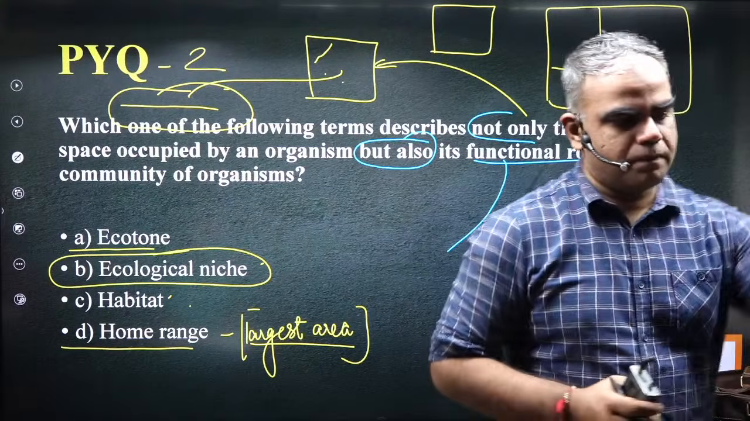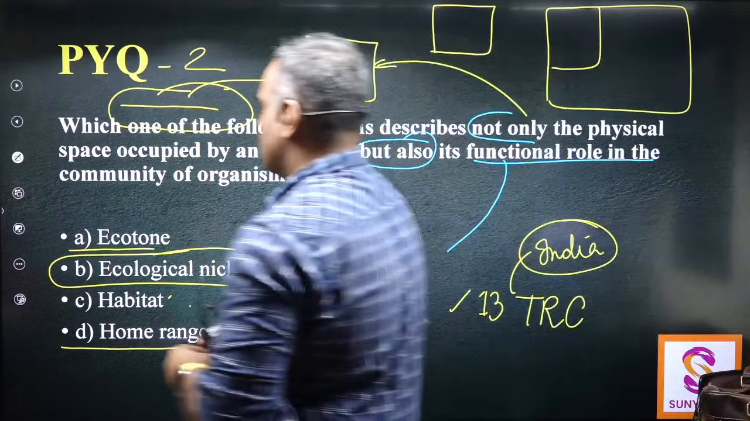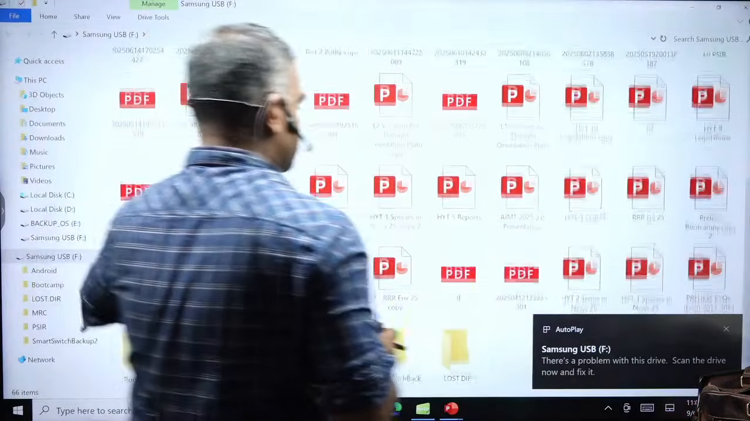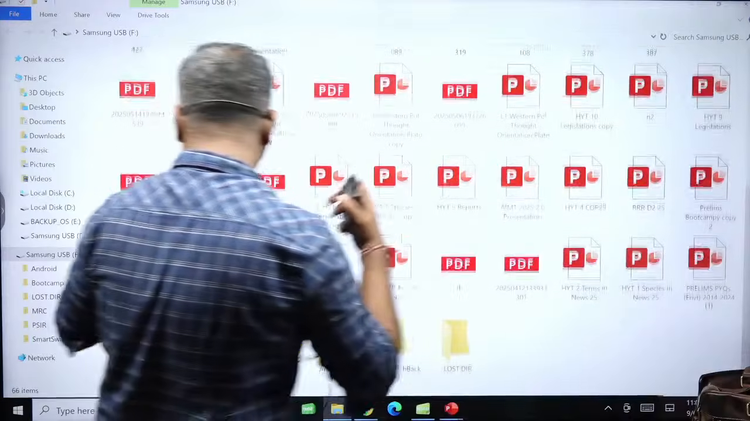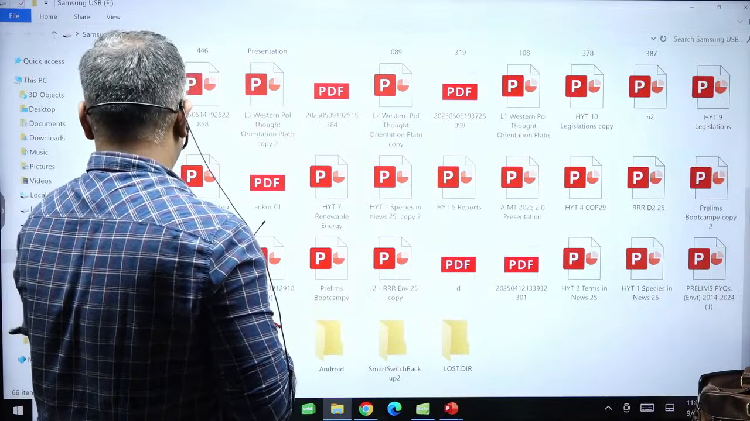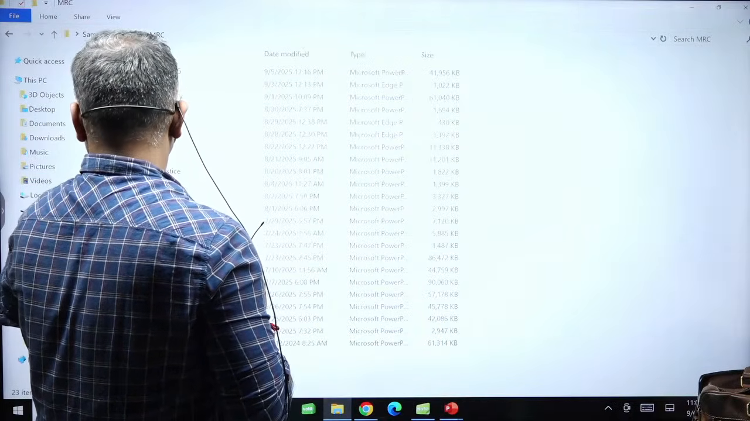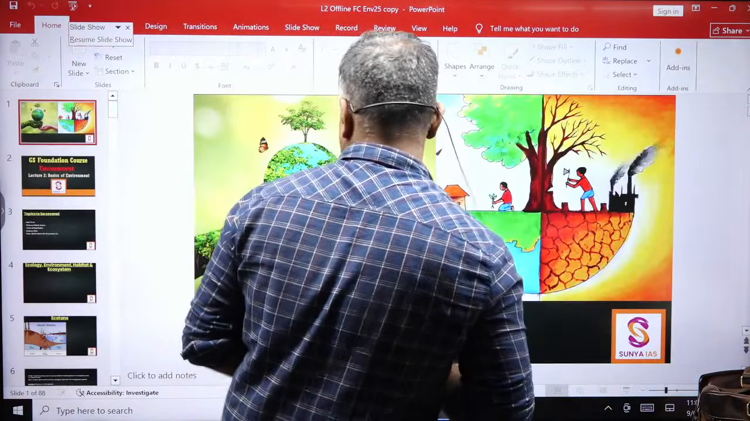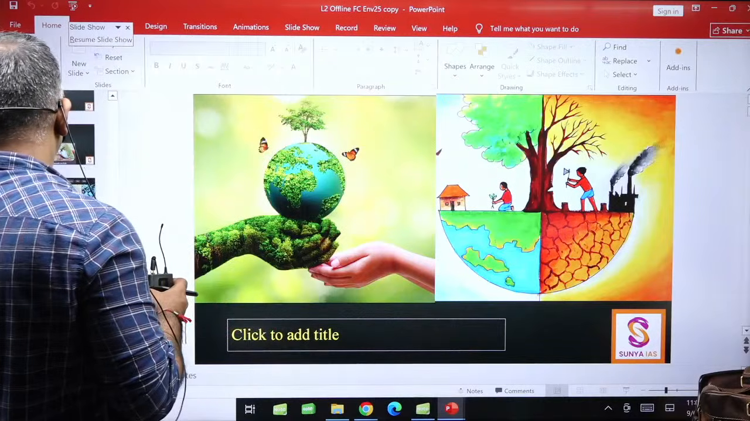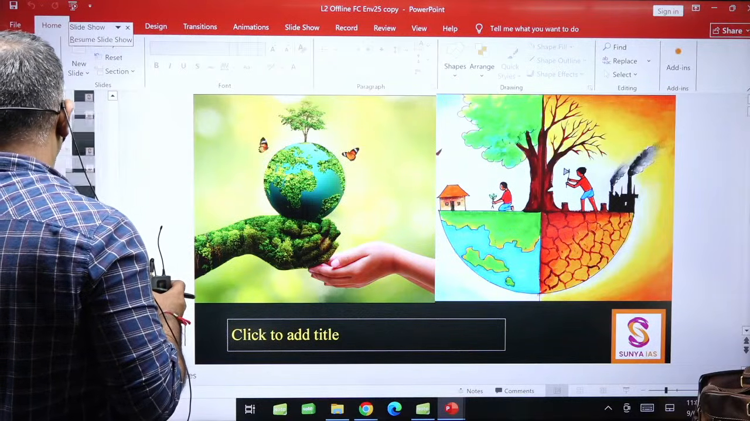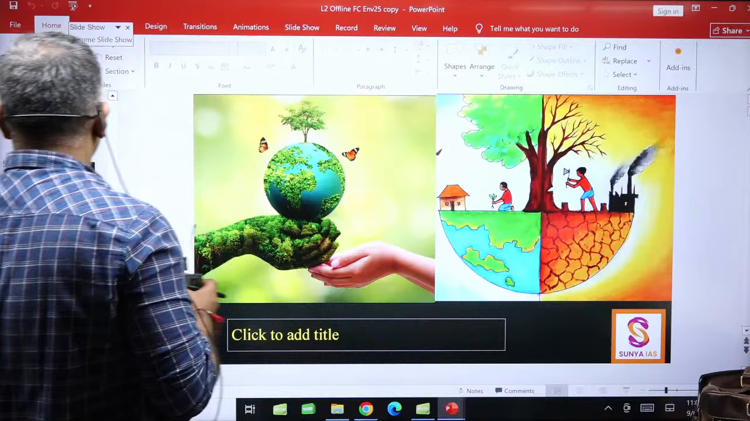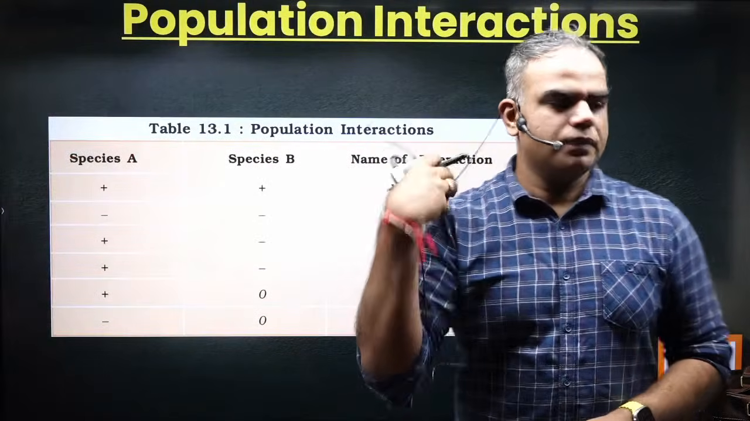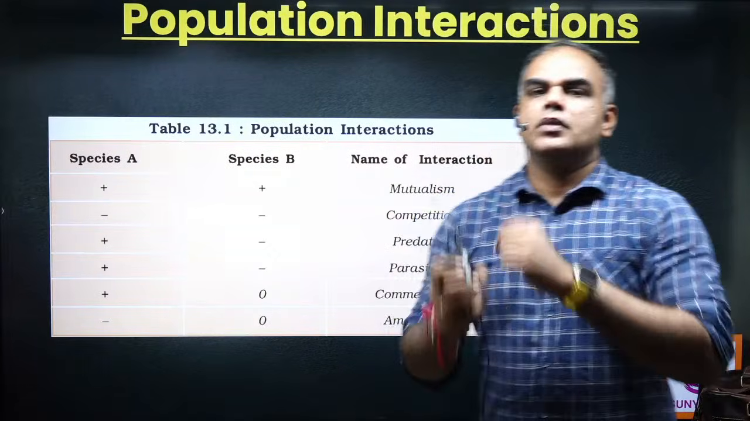ठीक है. Now, the heading for you is now species interactions. Okay, so there's some issue. I'll just open it again. Achha, now it is fine. Okay, now let's see this. यहाँ पे the heading is population, or you can also say species interactions. ठीक है. हाँ. Now,